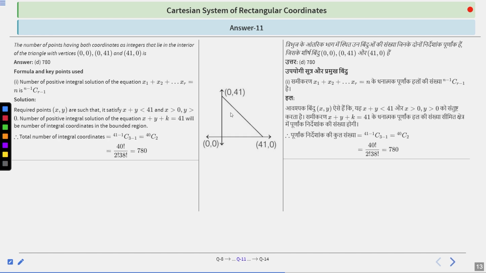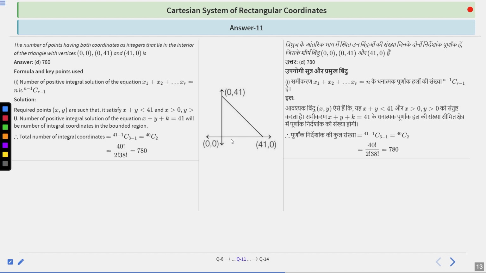We have a triangle having vertices (0, 0), (41, 0) and (0, 41). So the required points (x, y) are such that they satisfy x plus y less than 41, x greater than 0, and y greater than 0. So the number of positive integral solutions of the equation x plus y plus k is equal to 41 will be the number of integral coordinates in the bounded region. Therefore, the total number of integral coordinates is equal to 41 minus 1 C 3 minus 1,